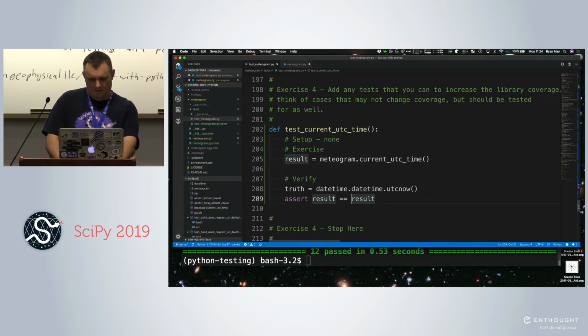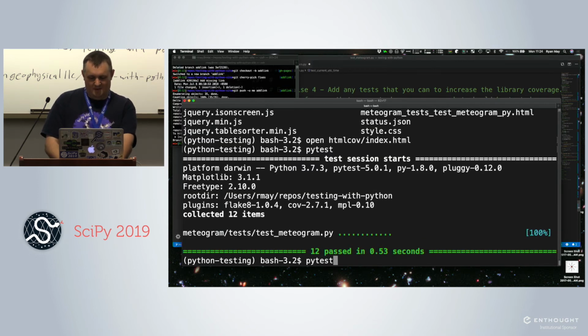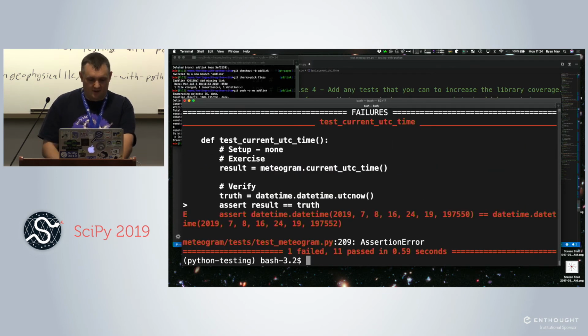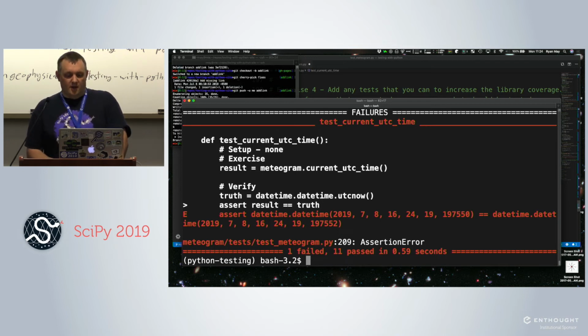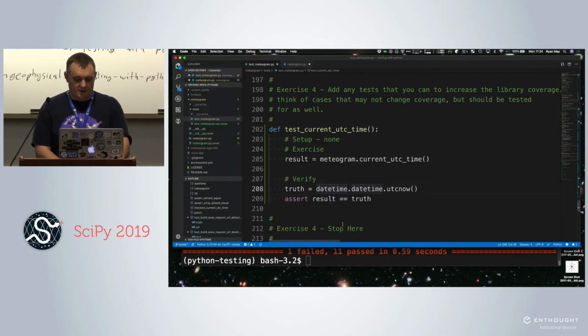Ah, thank you. That's great. That will work every time. Testing can't solve everything. So, no, it does not work that way. Why? Because in the microsecond field of our datetime, there's a difference of 2 microseconds.